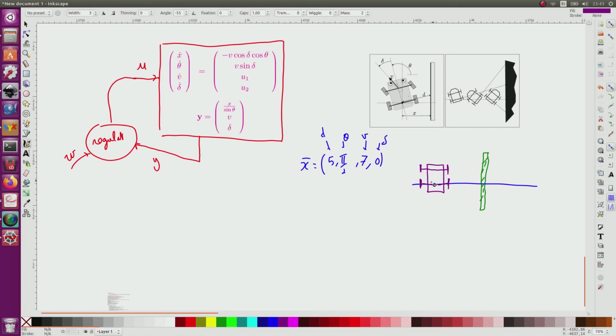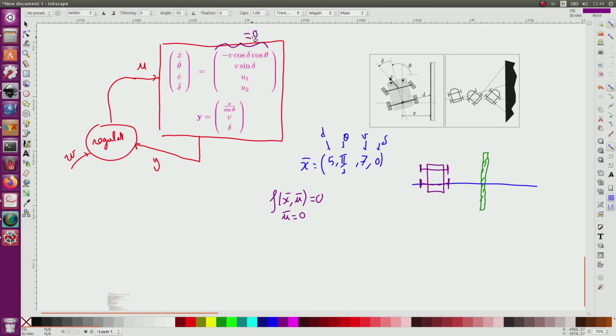because in the operating point I recall that I should have x dot equal to f of x bar, u bar, which should be equal to 0. So it's some kind of equilibrium situation, since here u bar is equal to 0. I do not accelerate, I do not turn, this is why u bar should be equal to 0 if I want this to be equal to 0.